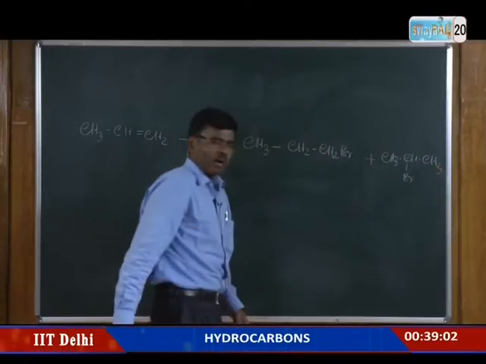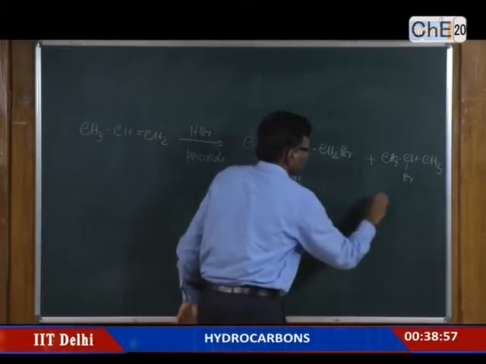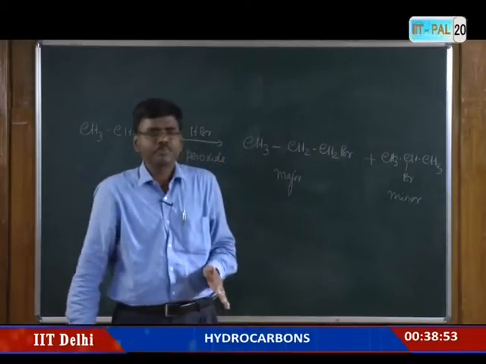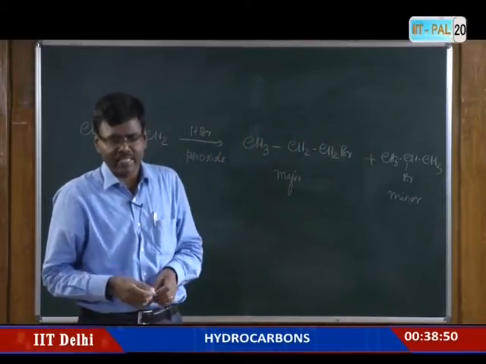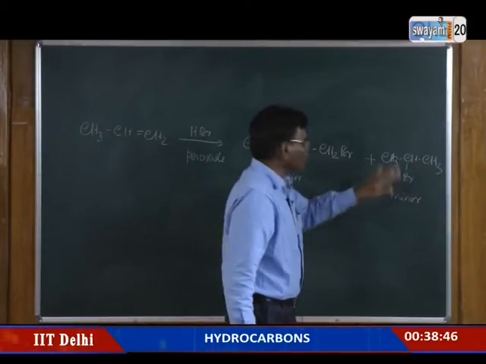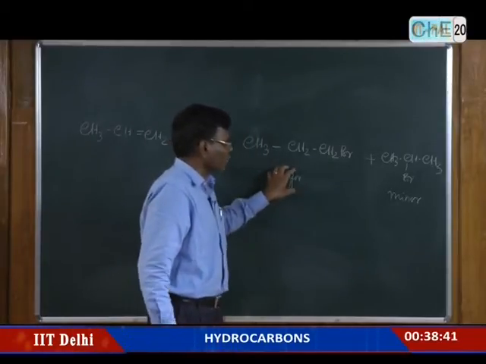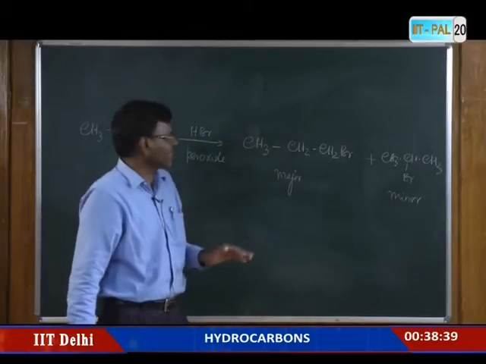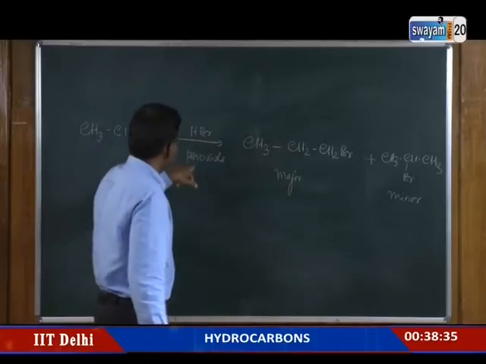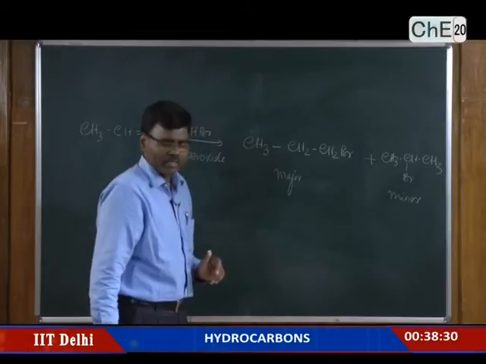you get a mixture of compounds. This is a major product, this is a minor product. We have just seen the case of electrophilic addition reaction, where this is always the major product. However, when you carry out the reaction in the presence of peroxide, this is going to be the major product, and this is going to be the minor product. This is called the anti-Markovnikov product. Particularly when you carry out the reaction in the presence of peroxide, you get this as a major product. Now, let us look at